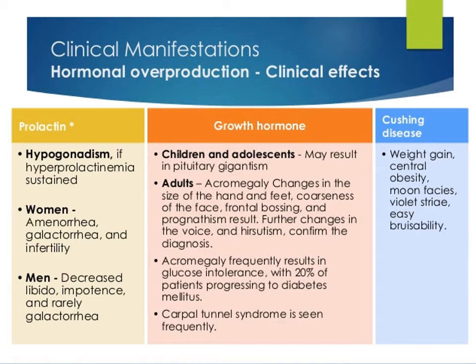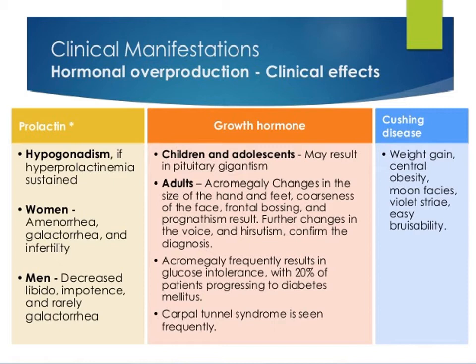When there's excess amount of growth hormone due to somatotrope adenoma, somatotropes are the pituitary cells that, when it's an adenoma, lead to excess secretion of growth hormone. In children and adolescents, it results in pituitary gigantism. And when it's in adults, after closure of the epiphysis, it leads to acromegaly,